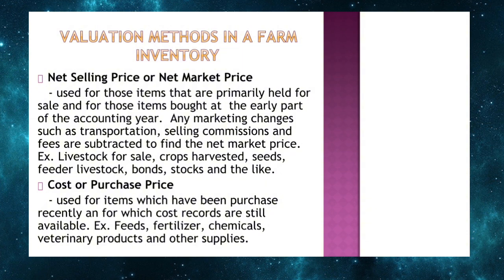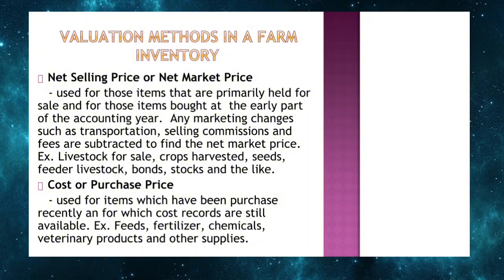This method reflects the actual amount the farmer would receive if the item is sold, making it practical for evaluating marketable assets. This slide also explains the cost or purchase price valuation method. It is used for items that were bought recently and for which the original cost is still known, such as fertilizers, feeds, chemicals, and veterinary supplies. This method is simple because it values the item based on what was actually paid. It is most appropriate when market price changes are minimal or when the item has not yet undergone significant use